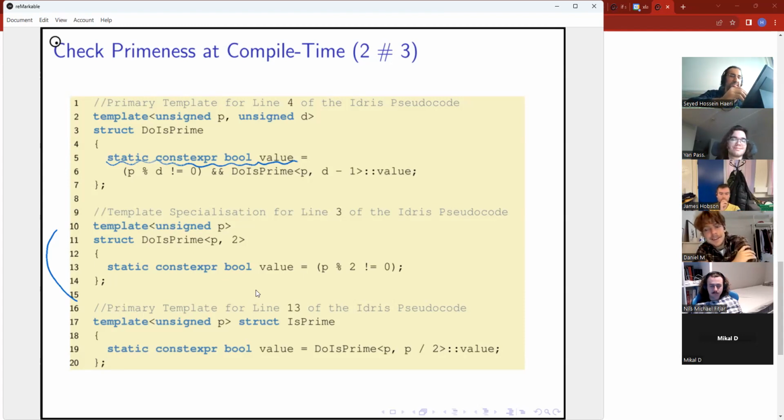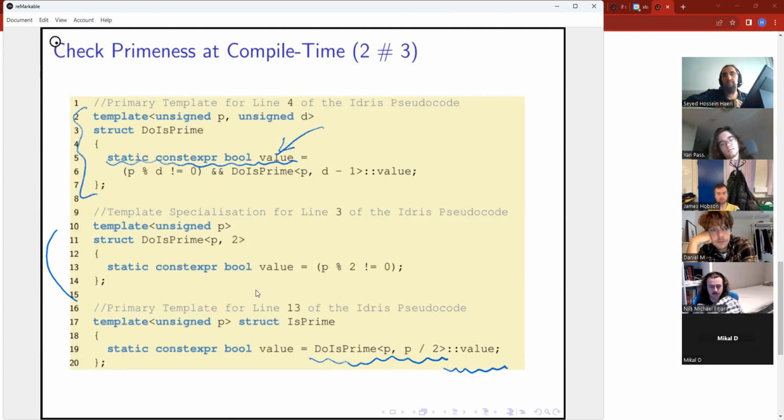So what this is doing is saying, okay, I want to instantiate this struct IsPrime with P and half of P. Now that goes and instantiates, let's say, this guy, and well, this guy has a static data member called value, which we then get hold of using this ::value.